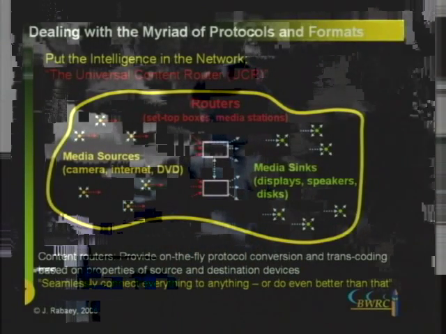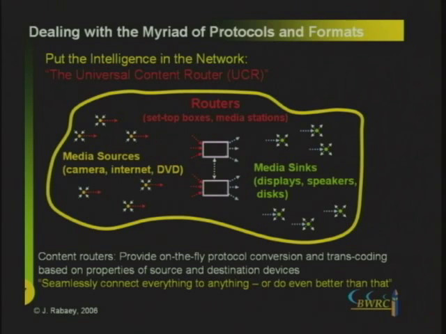So rather than making every device extremely intelligent and support every possible standard, why not put a box in the middle that's flexible enough, smart enough, and adaptive enough so that it basically can act as an intelligent router between your different devices. So the home router. And I call it basically the universal contents router. The box in the middle that allows me to seamlessly and on the fly connect any source to any destination, independent of the physical layer, link layer, or even presentation layer or application layer type of